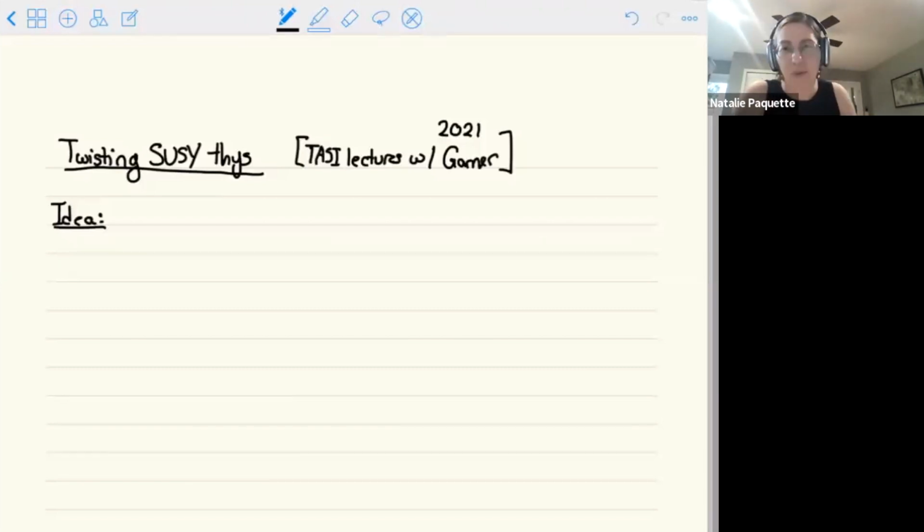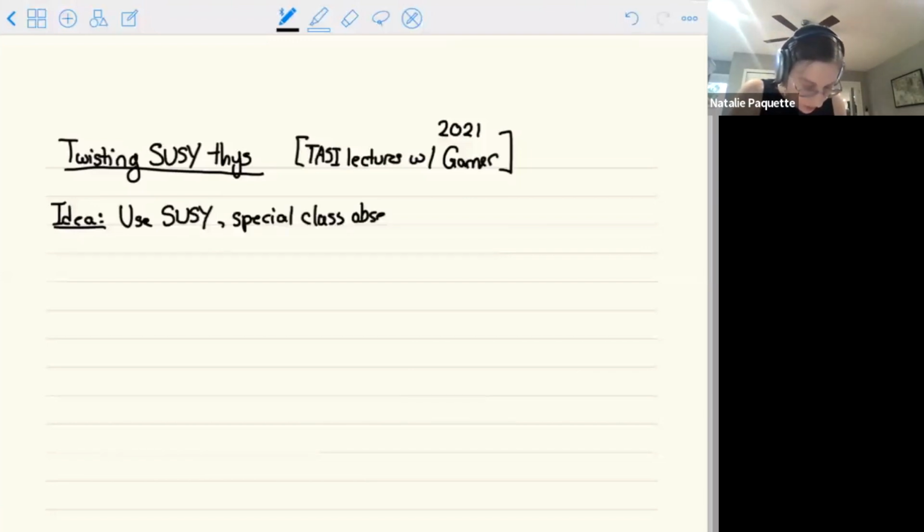Of course, we have more tests of the AdS/CFT correspondence than just symmetries. We have many more things. And one of the very useful tools in this context arises when the theory that you're studying has some additional symmetry. In particular, the focus of these lectures will be on additional supersymmetry. So we're going to use supersymmetry in these theories. And it will turn out that if you have supersymmetry in the game, there is a special class of observables, not generic, but a special class of observables,